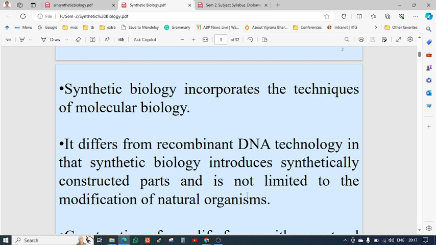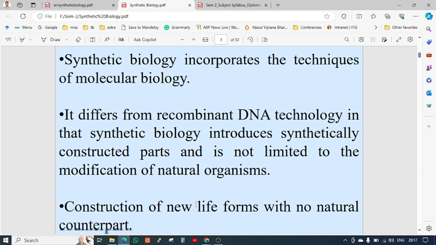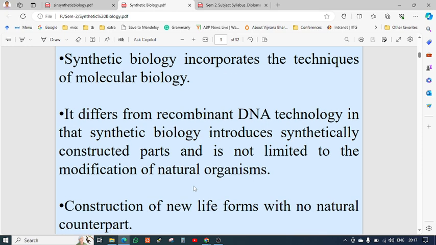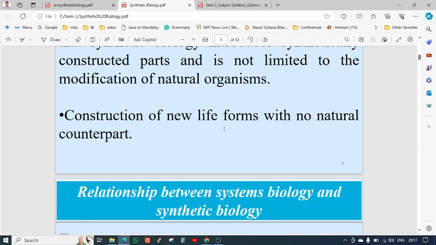It differs from recombinant DNA technology in that synthetic biology introduces synthetically structured parts and is not limited to the modification of natural organisms. That means it is not limited to only modifications, and we can also synthetically incorporate different things at our molecular level, which is called synthetic biology, and the construction of new life forms with